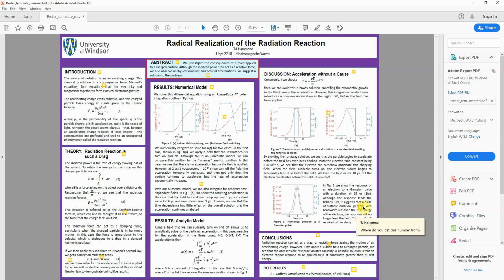So I just kind of pontificated here and say that a pulse has to have a bandwidth that's less than the rest energy of an electron, which kind of makes sense, because if we end up having a photon that has more than enough energy to even create an electron and positron pair,